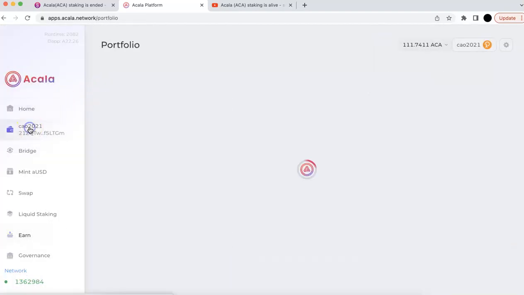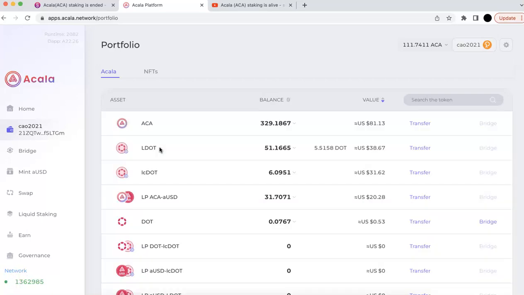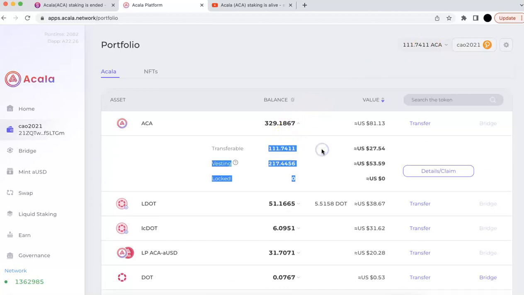So you can check your Acala. Let's see, where is my Acala? Is that in the assets? We just unstaked, so I should have more than 100 Acala. Oh yeah, it's showing up here. So more than 100 Acala. Is this the balance? Okay, yeah. So I have this Acala, and I have some Acala on vesting. Originally I had only 3 or 4, and now I unstaked those Acala, so I have more now,